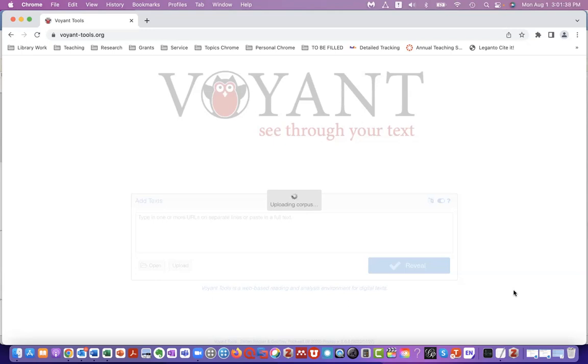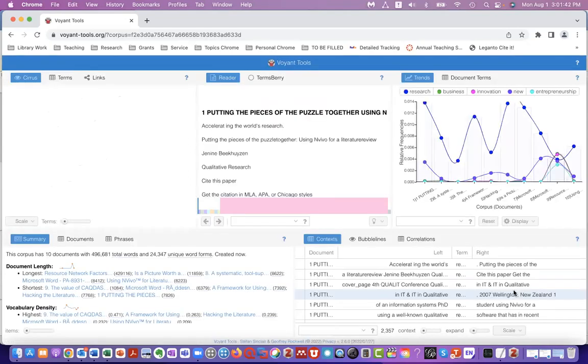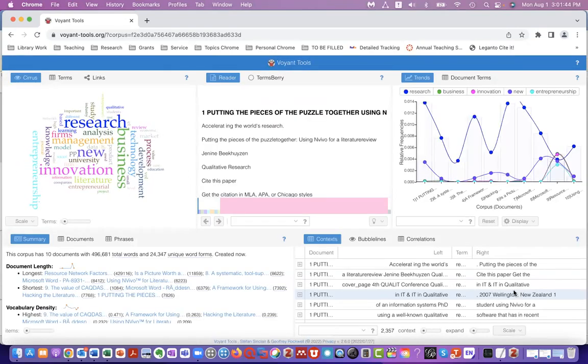But the one caveat about uploading the entire PDF is that all of the text included, such as bibliography, information about the authors, and captions for tables and graphics is also included. So sometimes just using the abstract of each article is the most efficient way to use this tool. And I'll show you first what the PDFs look like, and then I'll upload Word files that contain only the